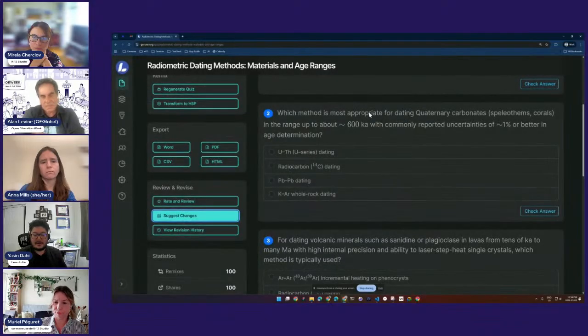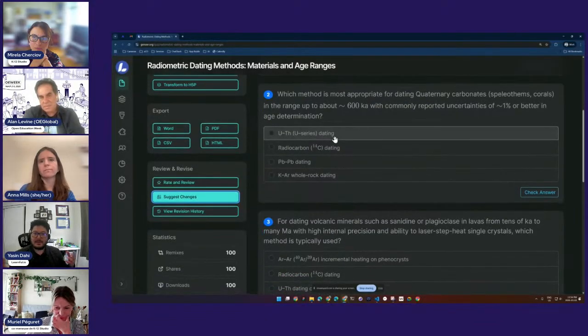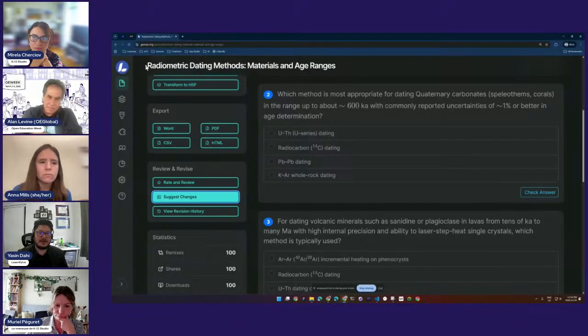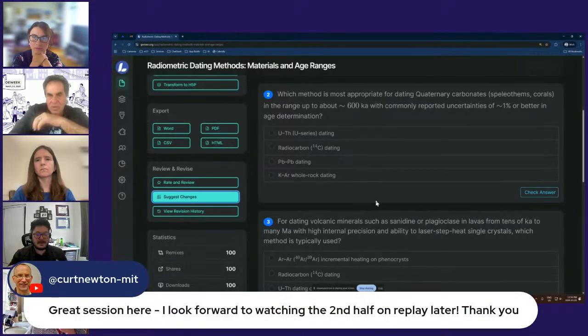And you couple that with AI-based search, and having a corpus obviously has its benefits in that sense, where I don't have to start from scratch when I'm generating a quiz on radiometric dating methods. It's not my domain, so I don't know anything about this. But the idea would be to search for something that exists.